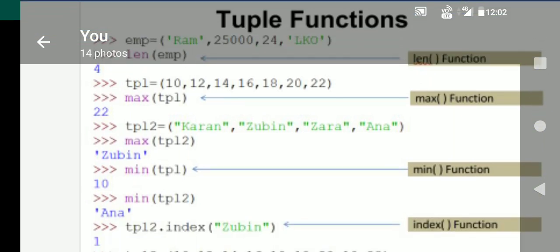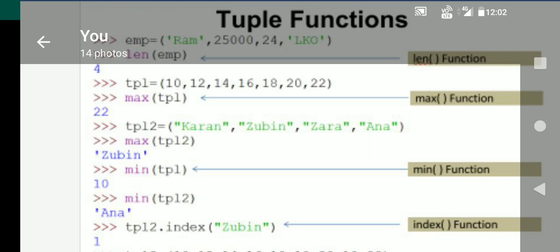We can get the maximum values in case of integers, but in case of characters, it will find it on the basis of the alphabet, like Z is greater, because Z's ASCII value is greater. Capital A is ASCII value 65, definitely Z will be 90. So it is greater. This is the reason Zubain is coming here.